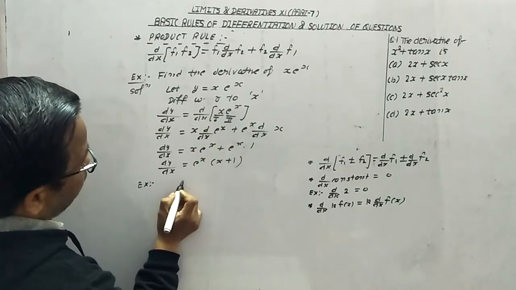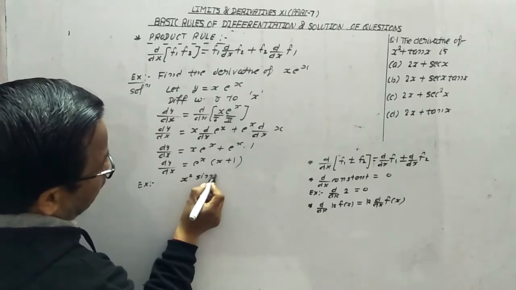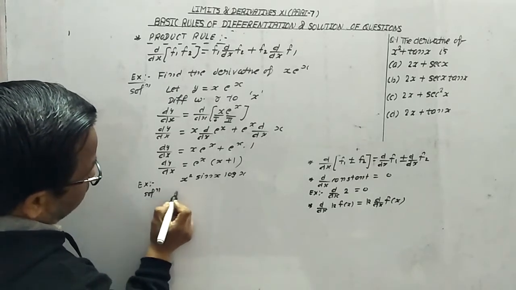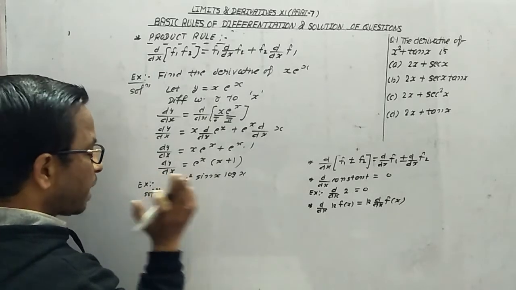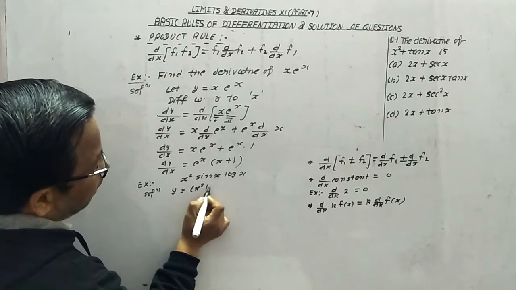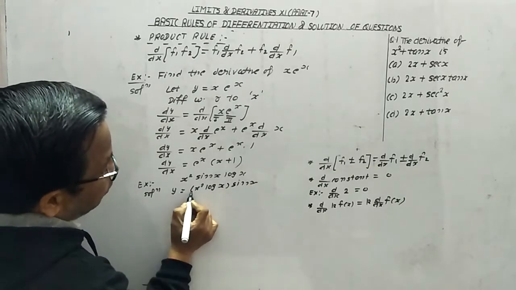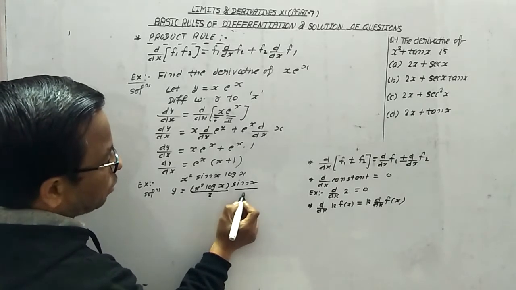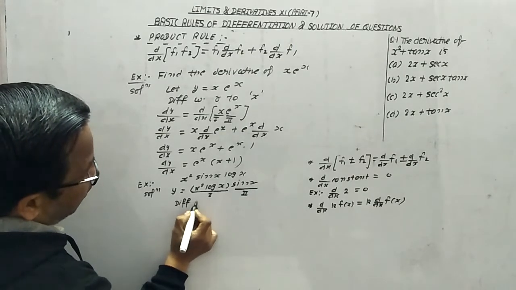Again, let us suppose we have to find the derivative of x square sin x into log x. Now look at this thing. To do the solution, let us suppose y is equal to whatever combination we want to make, because x square and log x is a best combination. So we will take this thing, x square log x into sin x. Here I am considering this one whole as a first function and this one whole as a second function. Now differentiate with respect to x.